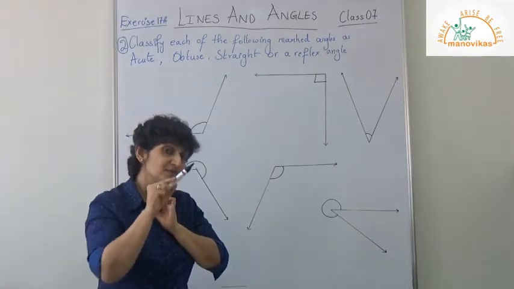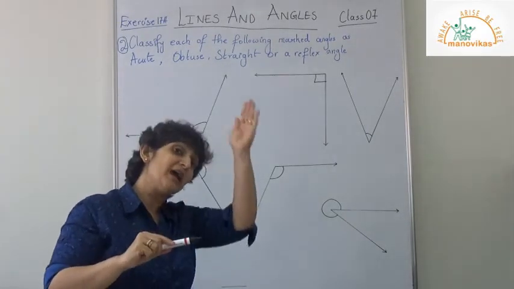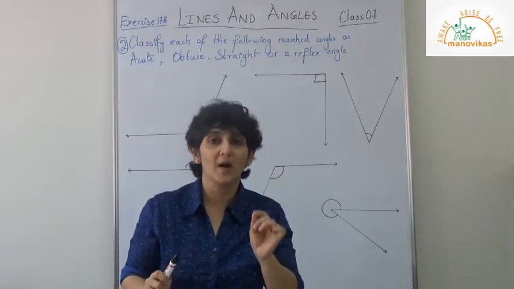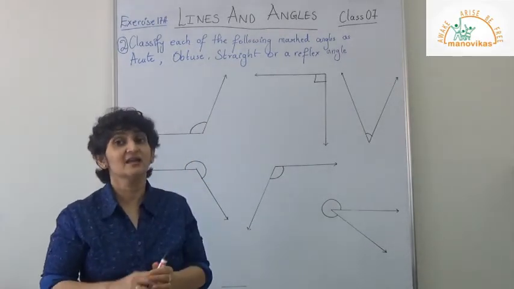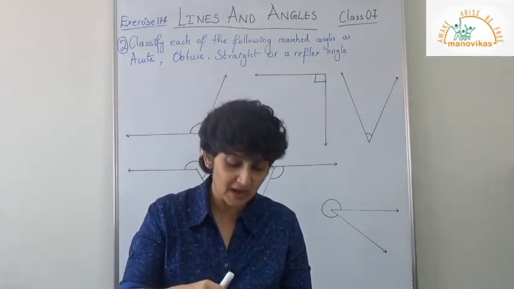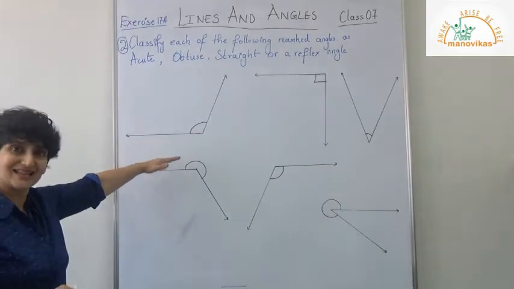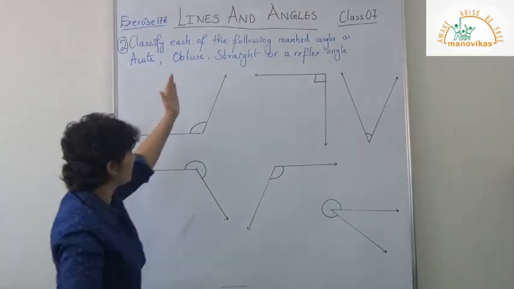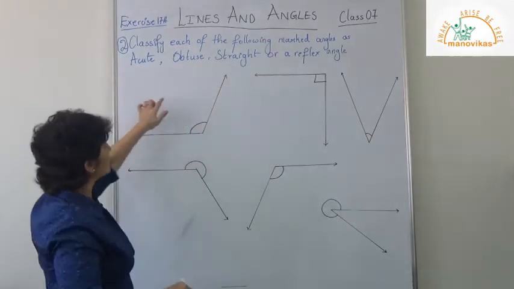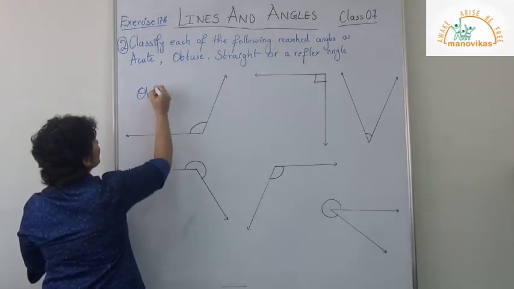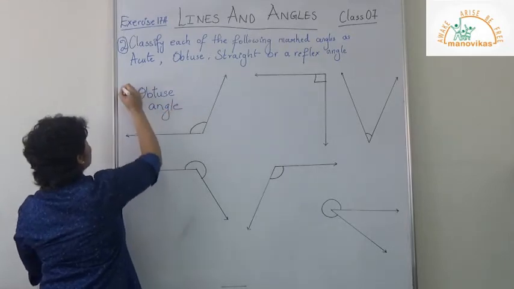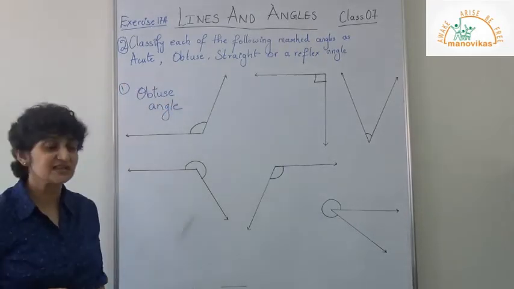When you say reflex, I told you, understand the hint. The angle won't be inside, right? It will be outside your angle. That means the angle is more than 180, but it is less than 360 degrees. So now, just looking at it, let's understand how to classify them. Now, when you see this itself, children, you know. See, if it was straight, it would have been 90s. Now, this is a broad angle. It is this side. So, what is this? This is an obtuse angle. Correct? So, your first one is an obtuse angle.